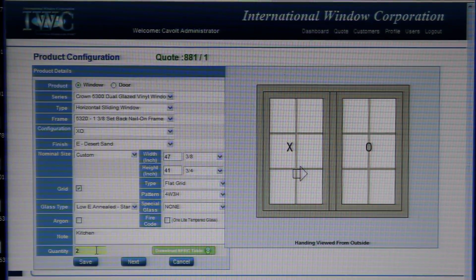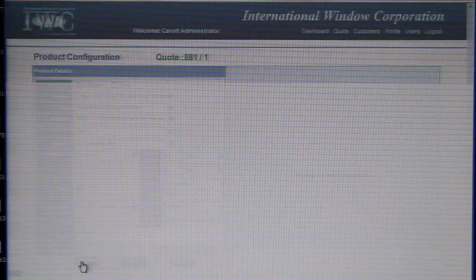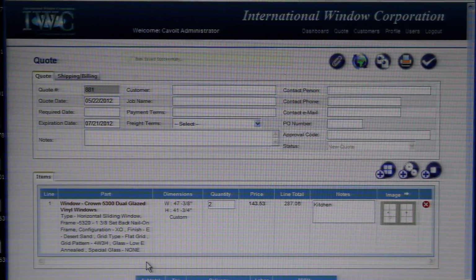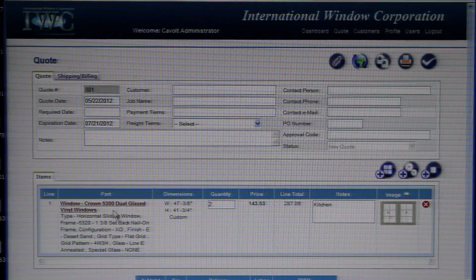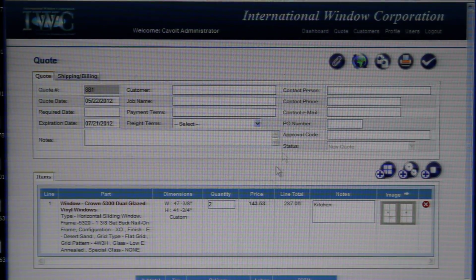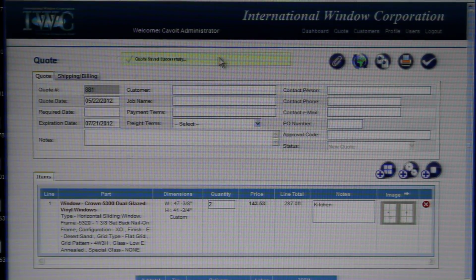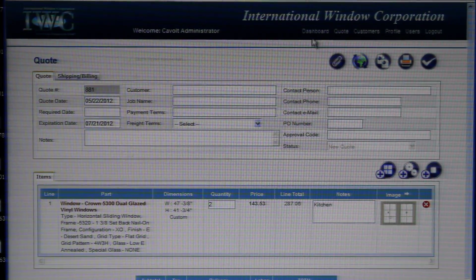Put your quantity in, let's say 2 on this one. Save, and there it's added to your bid. So that's the real simple way to enter something into a bid. If we wanted to leave now, we could. It's all saved. Once we save that, you'll get a confirmation always up top,